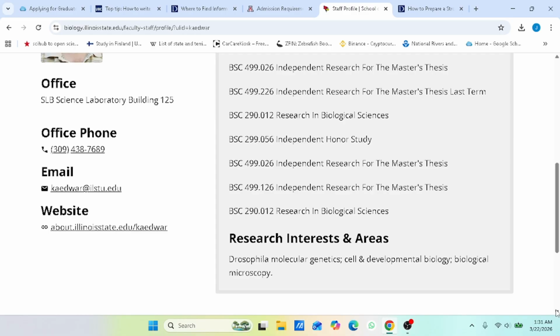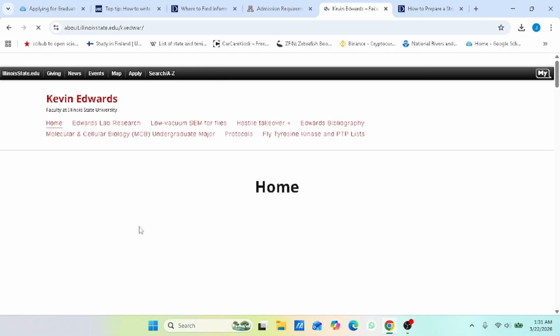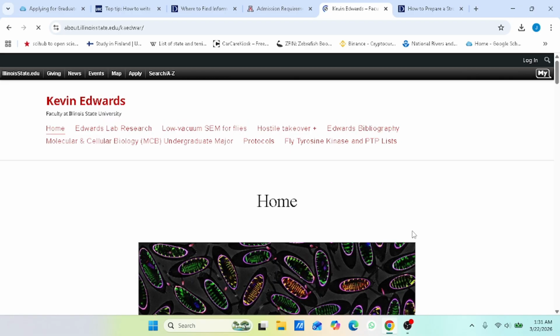Those are the research interests in summary. Let's go to the specific lab website. If you can see where my cursor is, that is where the specific link to the lab website is. If you click on it, you will go to the specific lab website for this professor, where there's more details,